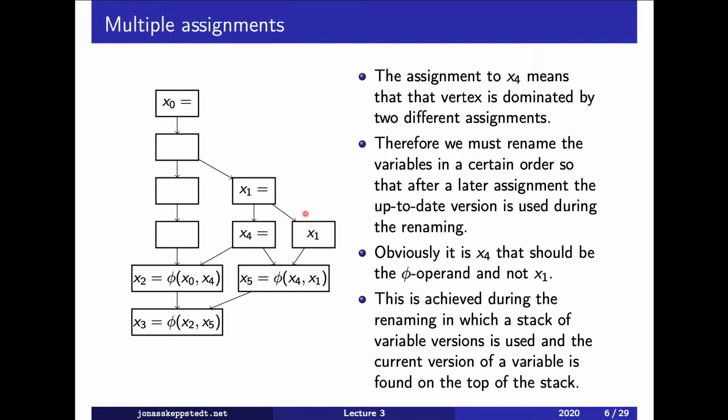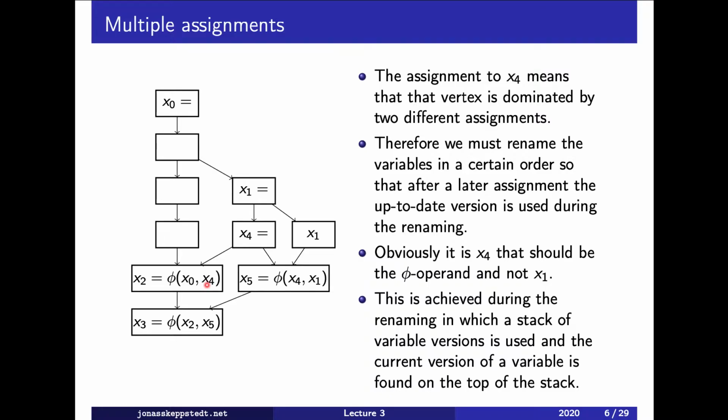In the successors here, there are no phi functions, so we skip that. However, when we come to this vertex, we see that the current version of x is x4. And then we check each successor. There are 2, obviously. And then we take the current value of x, which is x4, and